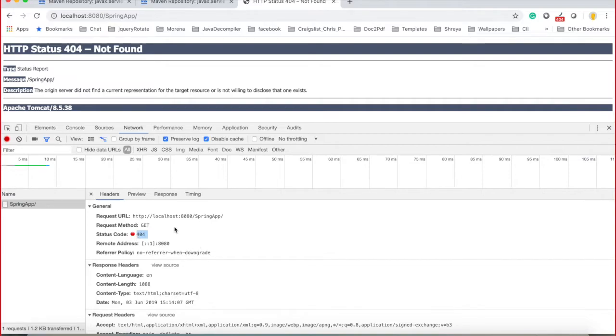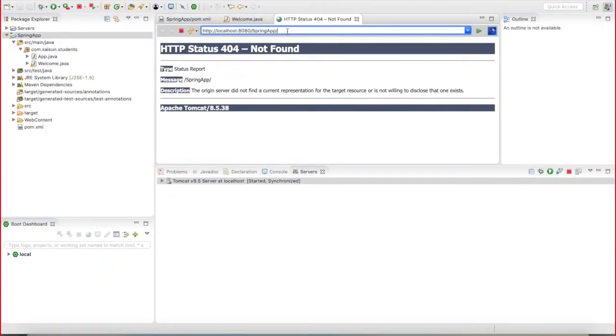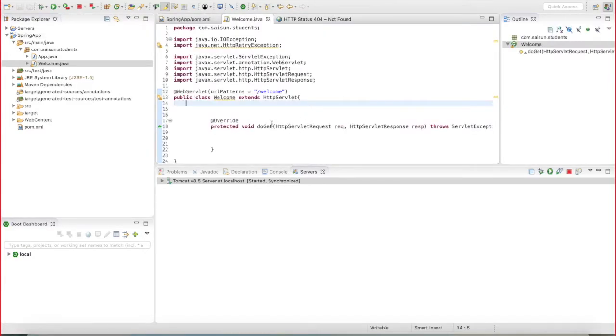404 error. The method which is called by default on the hit of this particular URL is the get method. We have localhost colon 8080 and spring app. Okay, so you need to define the get method here. Do get method here,